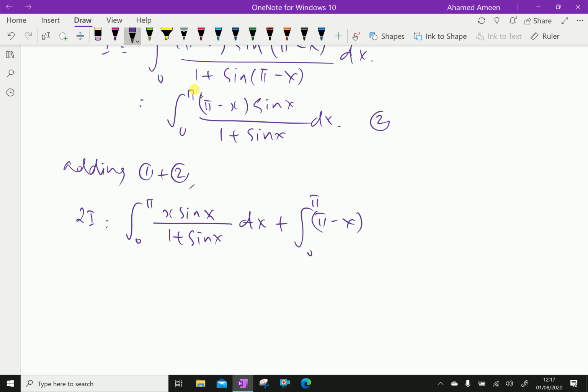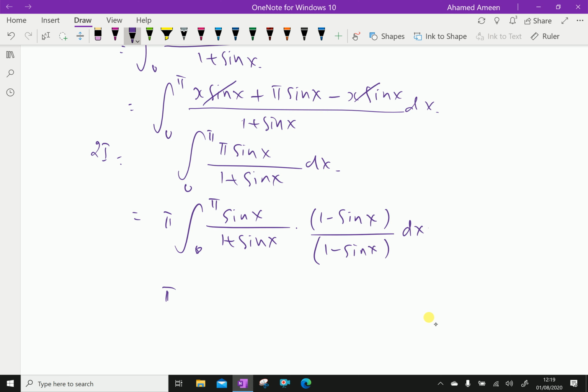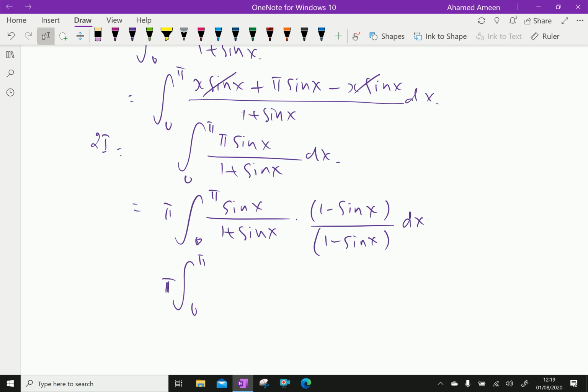Which is equal, now take pi out, integral 0 to pi sin x over 1 plus sin x, then rationalize numerator and denominator, it becomes 1 minus sin x over 1 minus sin x dx, which is equal to pi integral 0 to pi, the denominator is 1 minus sin squared x, because 1 minus sin x and 1 plus sin x multiplication. Then here sin x into 1 minus sin x dx